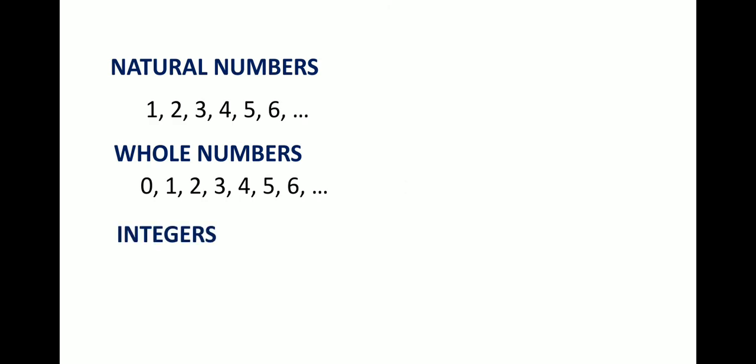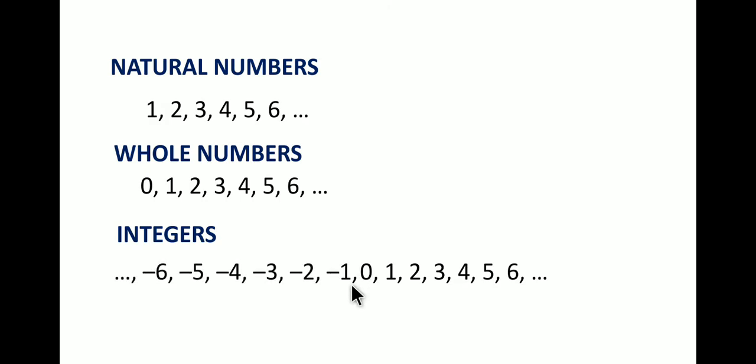Similarly, we have integers, and integers will also have 0, 1, 2, 3, 4, 5, 6, and it goes up till infinity. And also if we cross 0 and move towards the left side of the number system, then we'll have the series of numbers like -1, -2, -3, -4, -5, and it goes up till infinity. And this side it will be the negative or minus infinity.